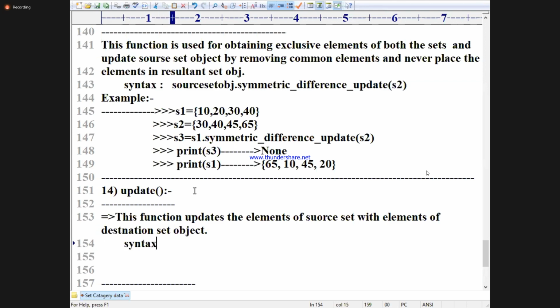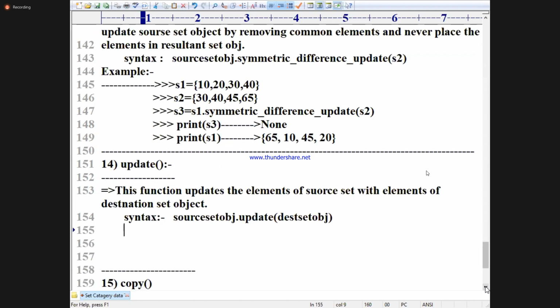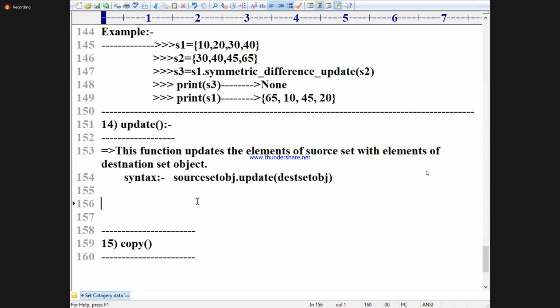Syntax: source set obj dot update of destination set object. Don't come later. Example.